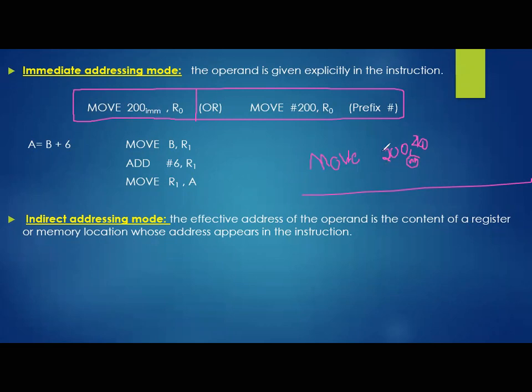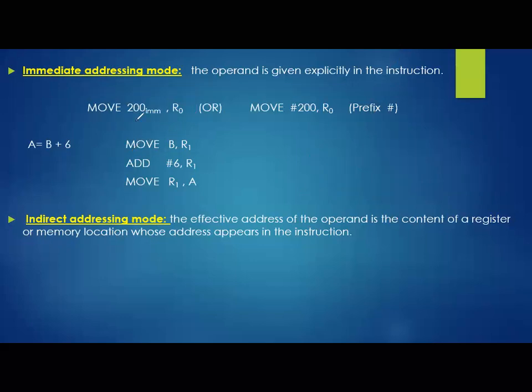If this is the case, your processor feels that 200 is an address of one particular location. 200 will be treated as an address. Then it will be submitted to your main memory. Inside main memory, there may be a location called 200, and inside that some value may be residing. That value will be moved to R naught, which is wrong. This should not happen. According to my example, I want to shift a direct value, that is 200, into R naught. Only 200 should be shifted to R naught. 200 should not be considered as an address. Then what do I need to do?